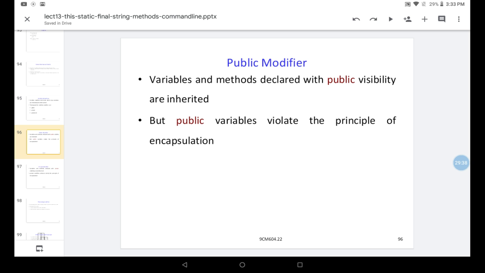We have seen that one of the features of object oriented programming is encapsulation. Encapsulation means binding, and it also provides security. But if you say public, it has to be shared with other classes, so that violates the principle of encapsulation.